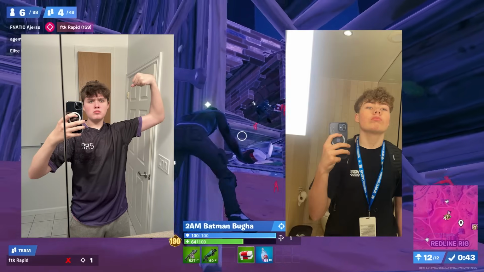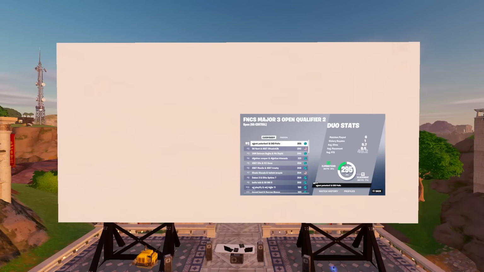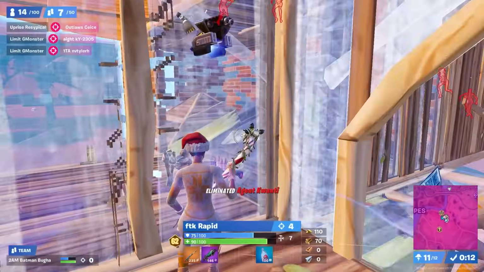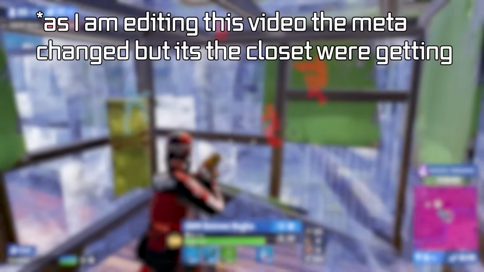Batman Bugha and Rapid have been on an absolute tear this season, winning back-to-back Cash Cups, placing 3rd and 5th in the FNCS qualifiers, and coming 2nd in another Cash Cup. I wanted to know what they were doing to be so successful, so I watched all 6 of their games from the most recent Cash Cup and FNCS qualifier because these were the 2 tournaments played on the current meta,